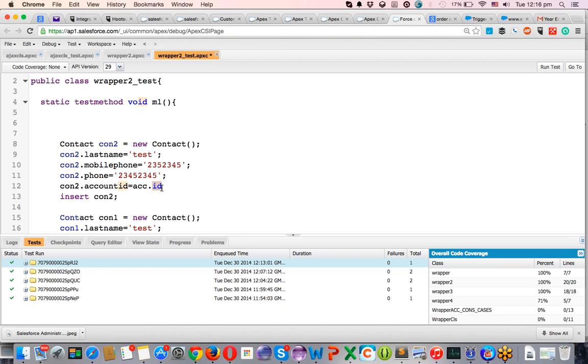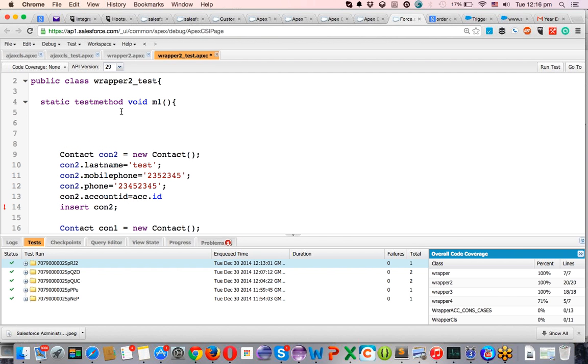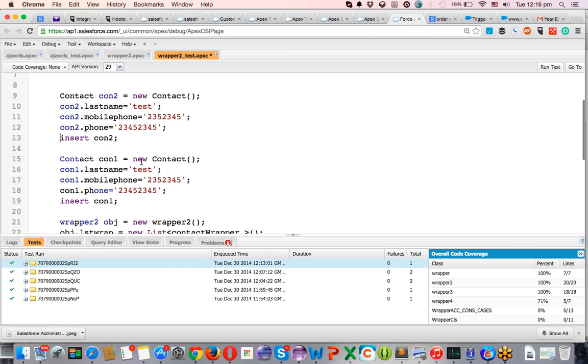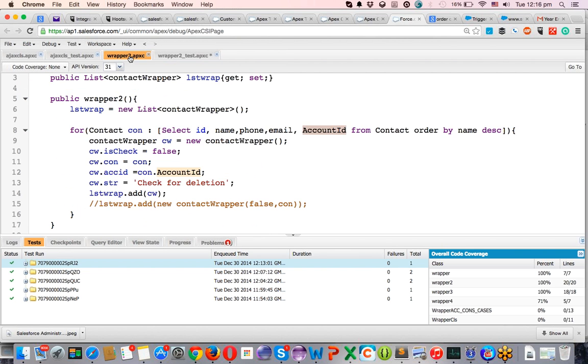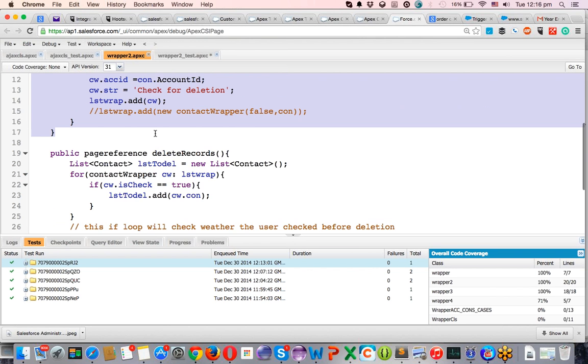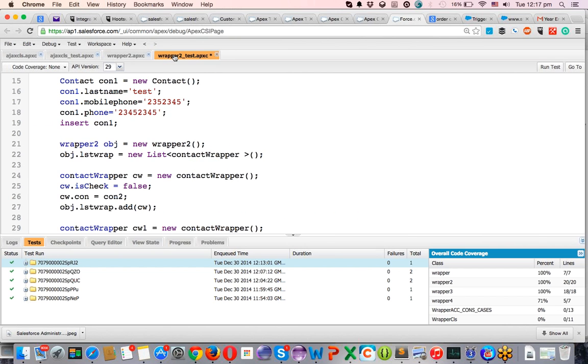Okay. I think the reason I'm not inserting an account is that I have kept a lot of validation rules and triggers on it. If I use it, I have to create a lot of data, around 7 to 8 fields. Anyway, that's not required in this current scenario, because you got 100% test coverage. You insert the first record, the second record. Later on, you call the class. It's going to execute from this line to this line, and later on,